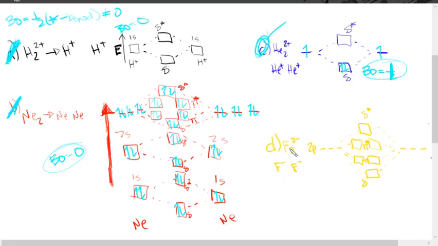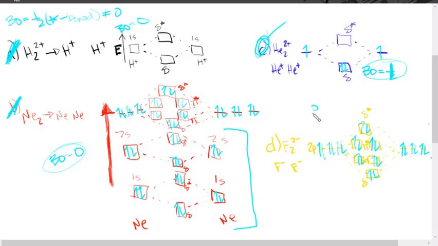This is F2 2 minus, so breaking that in half, we have F minus and F minus. All of this area right here is going to be full, and the one that we are going to concern ourselves with is the 2p. F minus has a total of 6 electrons in the 2p. Same thing here. So we have a total again of 12 to play with. This should look really familiar from last time. I know I'm filling these weird, it's just because I know they're all going to be filled up. Anyways, it actually works out to be the same thing as neon 2,